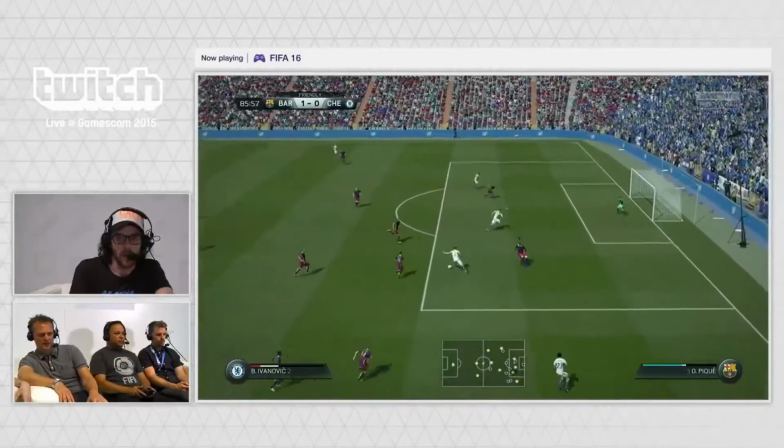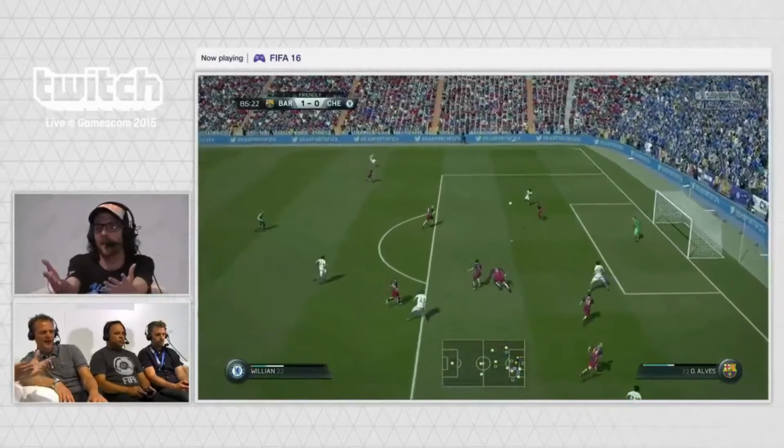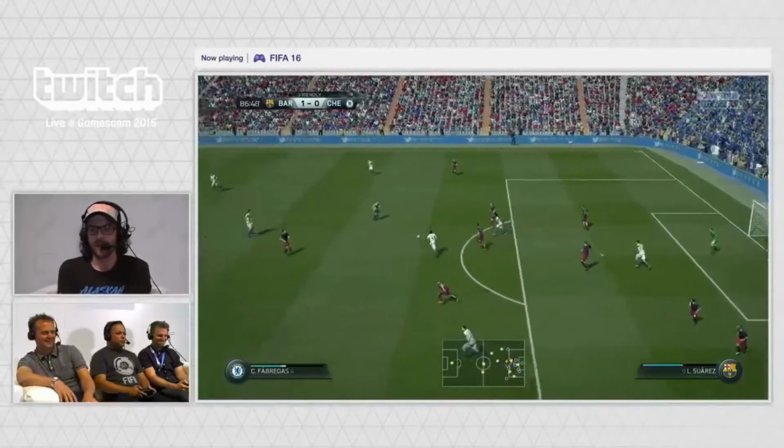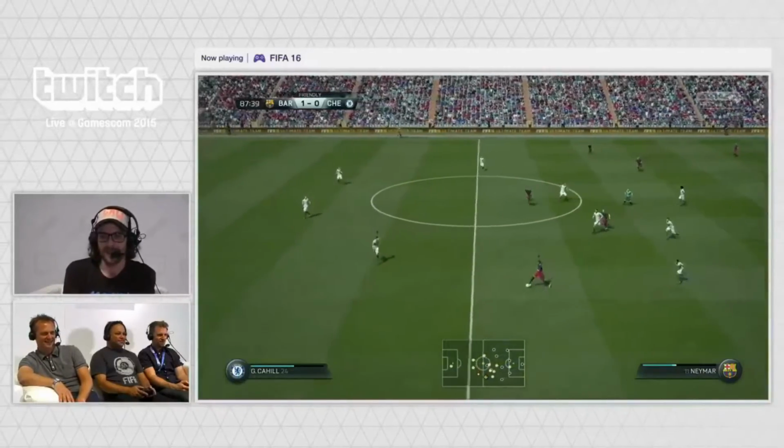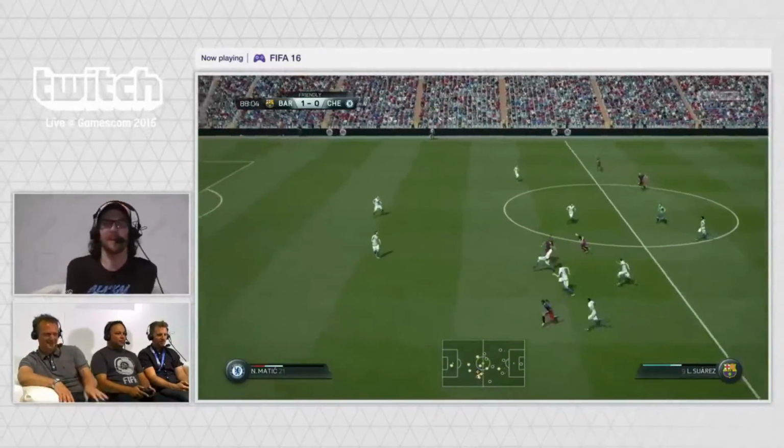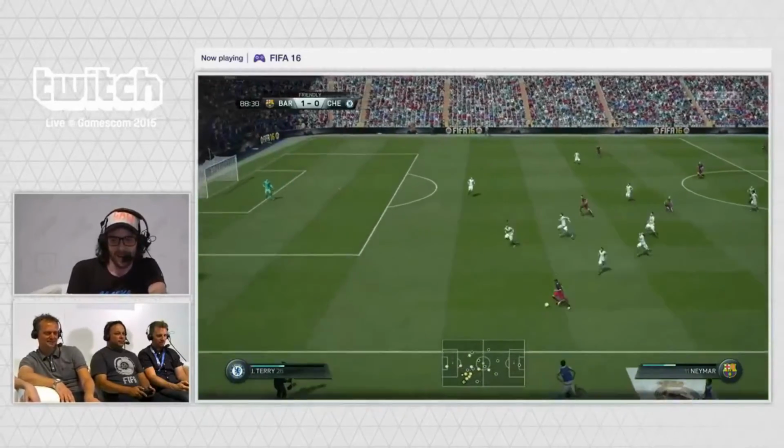That was the harder pass there. I had to make the pass. I don't know what Al's doing. Diego Costa was just waiting in the middle. He just needs to finish, really. The problem with Chelsea is they always try and walk it. Yeah, well, he's obviously trying that. But yeah, you can see...